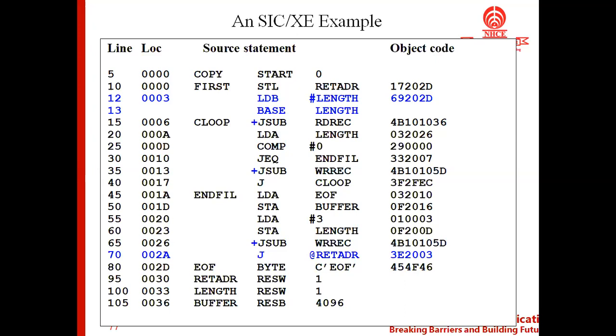So now if you look at the instruction, we can make out which kind of format the instruction is following.